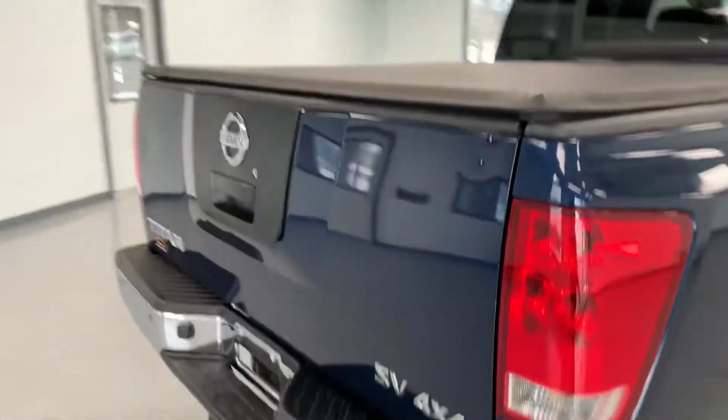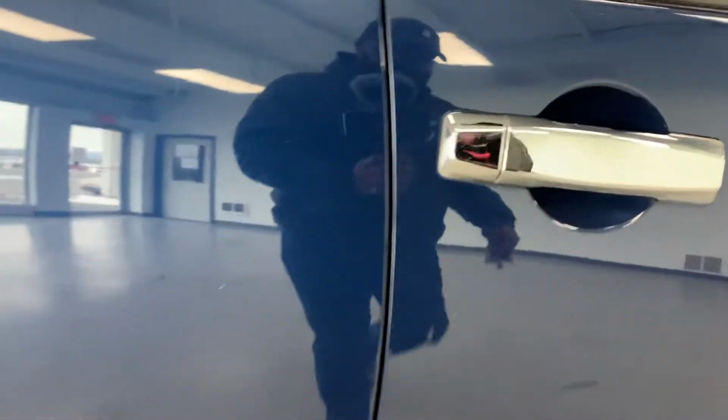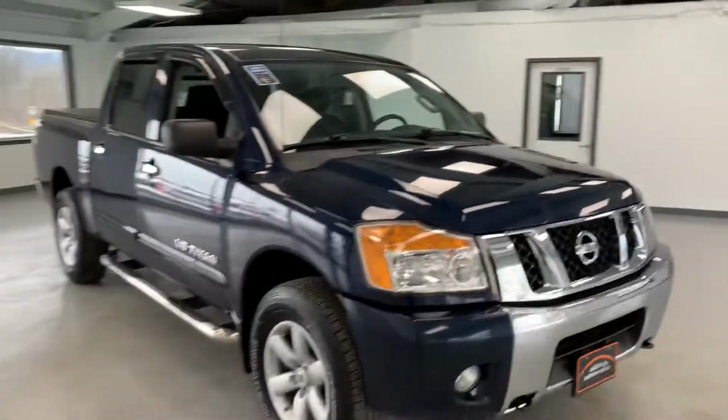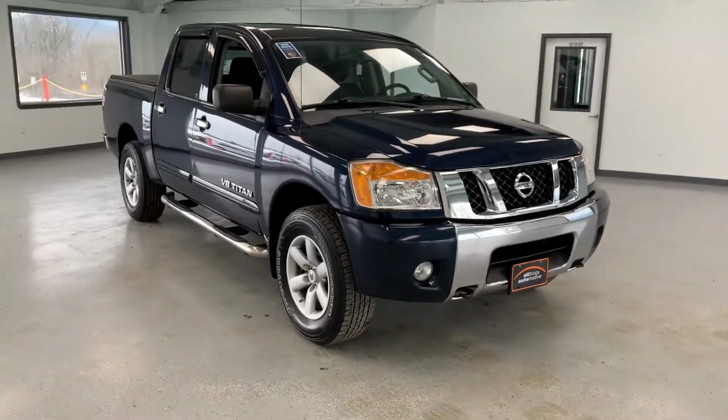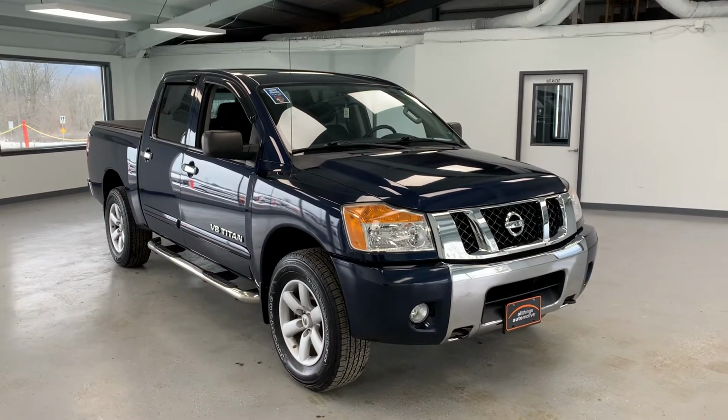As we walk down the passenger side, you'll notice again small touch-up spots. Passenger door, small spot. But other than that, again, 2012 Nissan Titan SV, four-wheel drive, here at All Things Automotive,